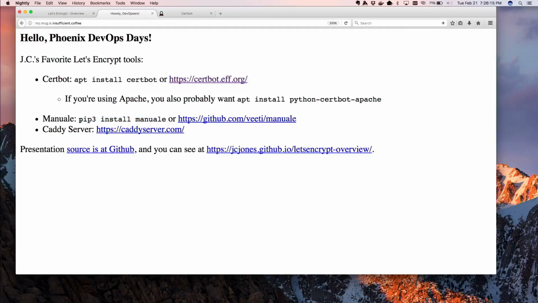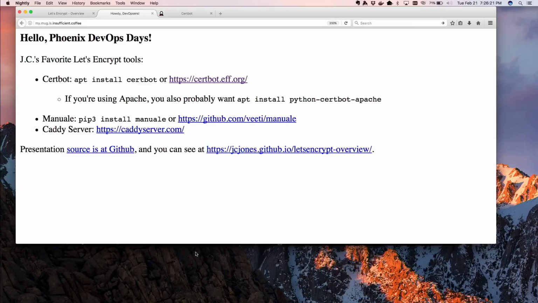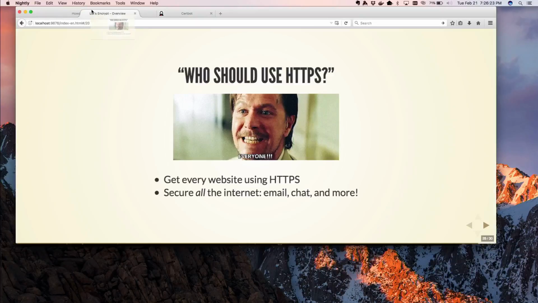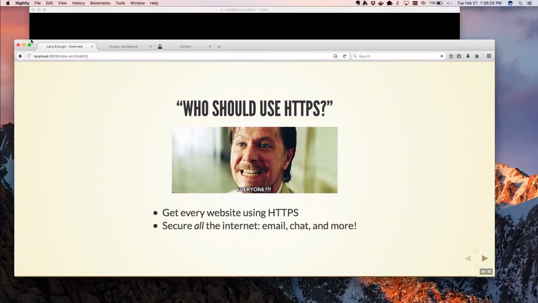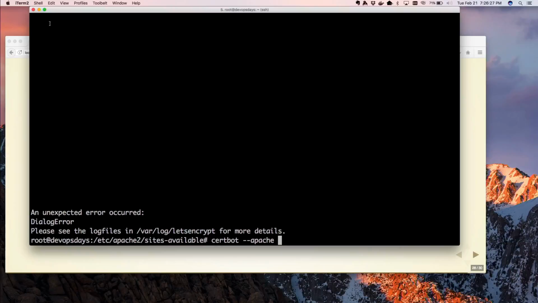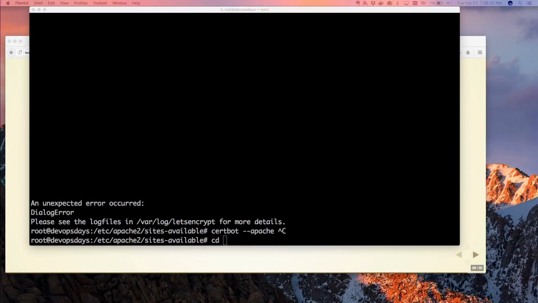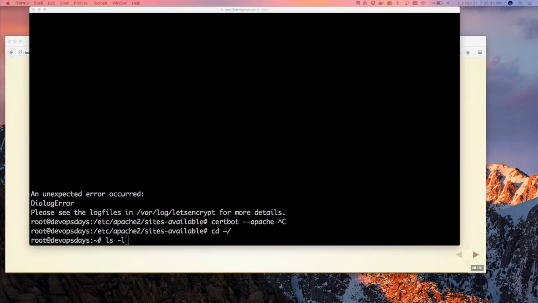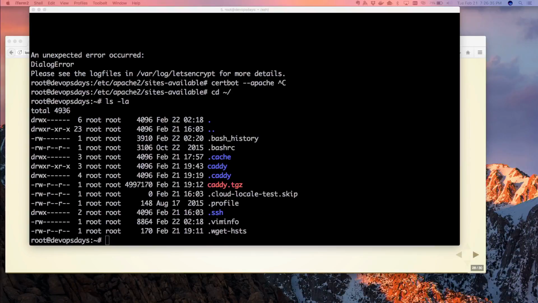If you're a sysadmin, you'll like it from the perspective that it's entirely manual, as the name implies. So it doesn't do anything for you, pretty much.